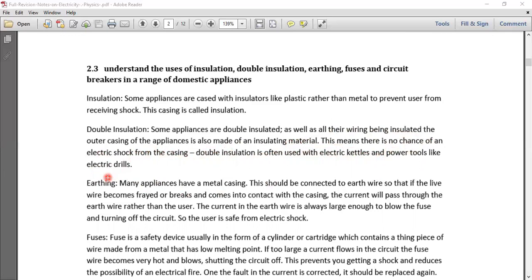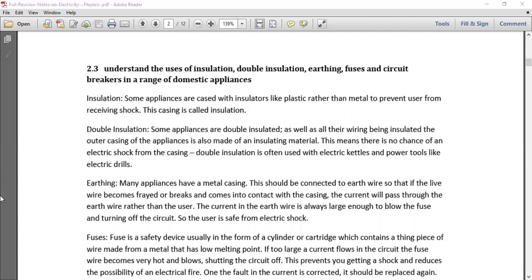As well as their wiring being insulated, there is the outer casing. So what is double insulation? That is, we have two-way prevention of getting shock. Its wires are insulated by plastic, and the casing that is supported